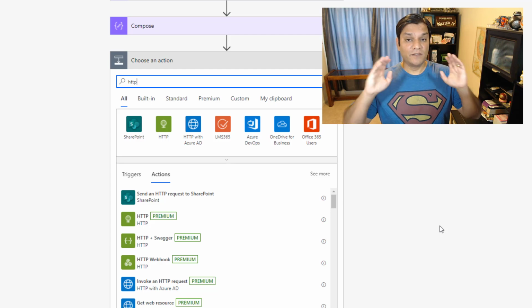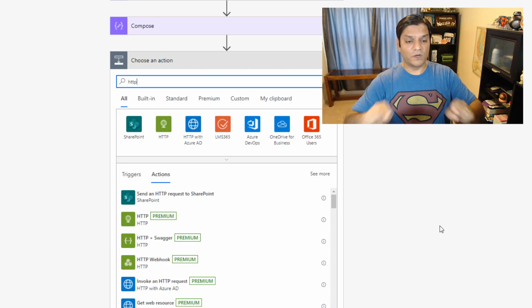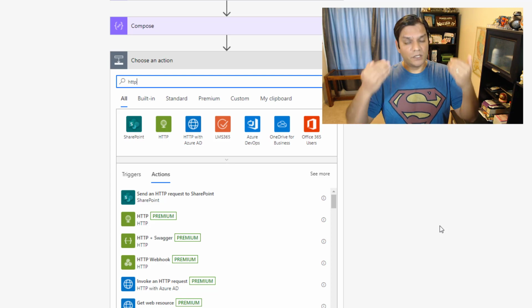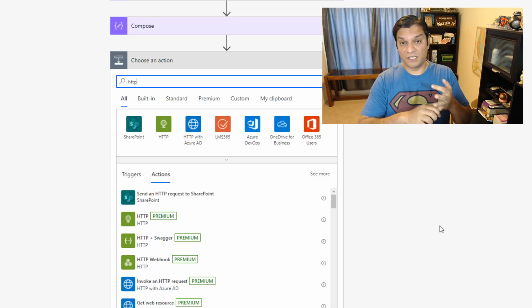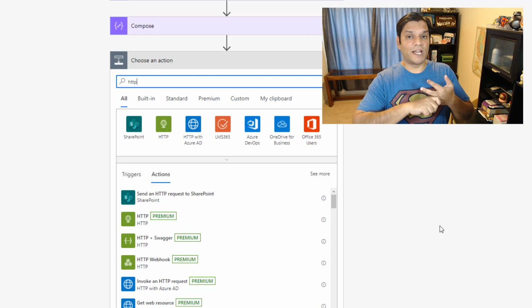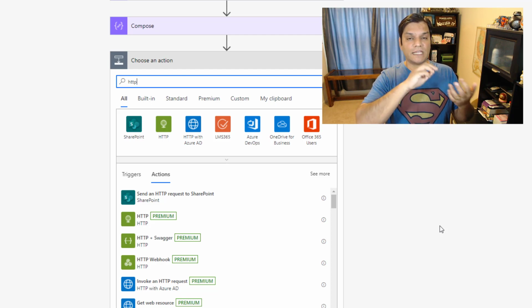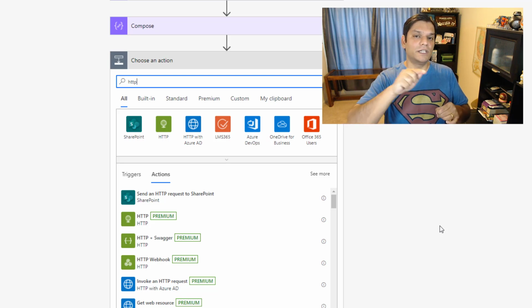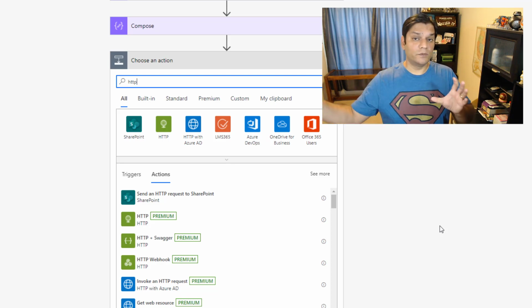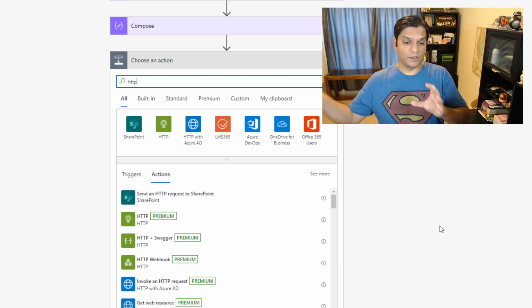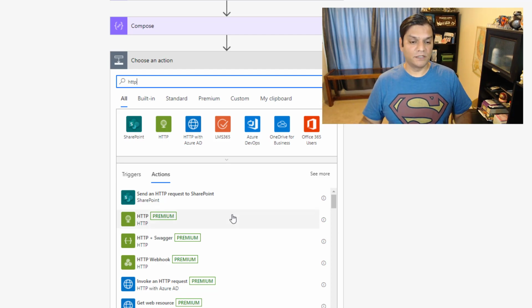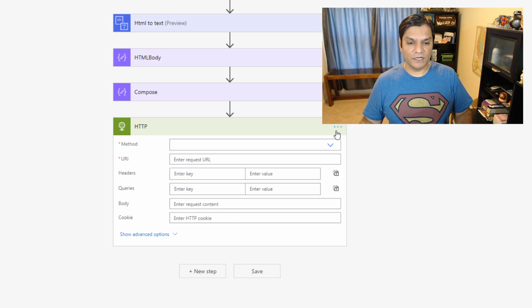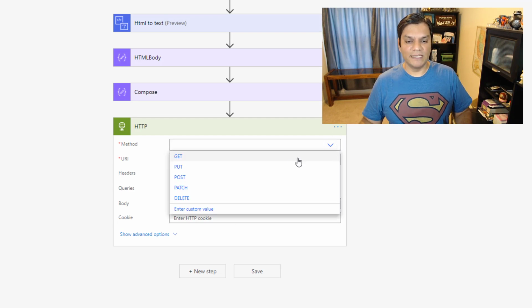So I want to give you this heads up right up front: if you are going to use this HTTP action over here, which we are, you will need at least either a Flow plan one, which is definitely cheaper, or you can go with the Power Apps plan one. There's a flow license, or there is an app license. Both of them will give you the flexibility of premium connectors. So I'm just going to click on that over here, and then the method is going to be GET,